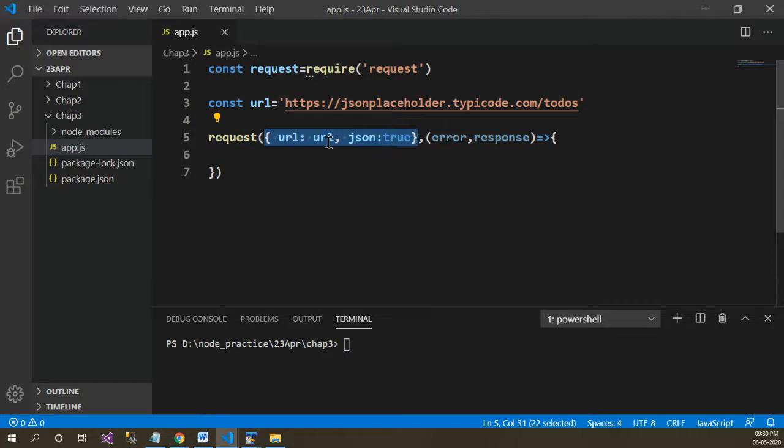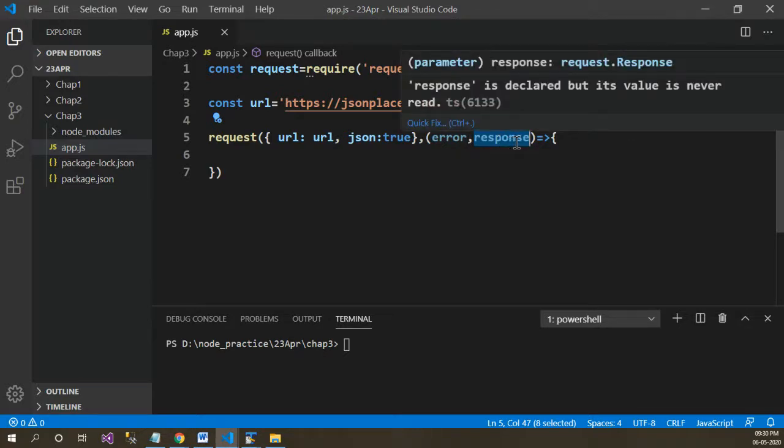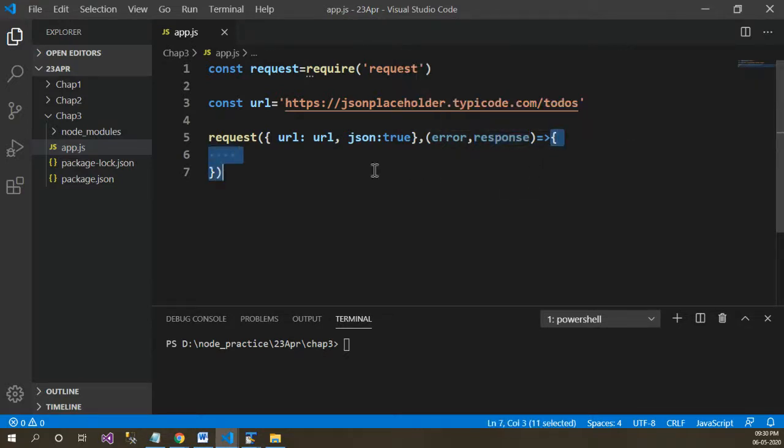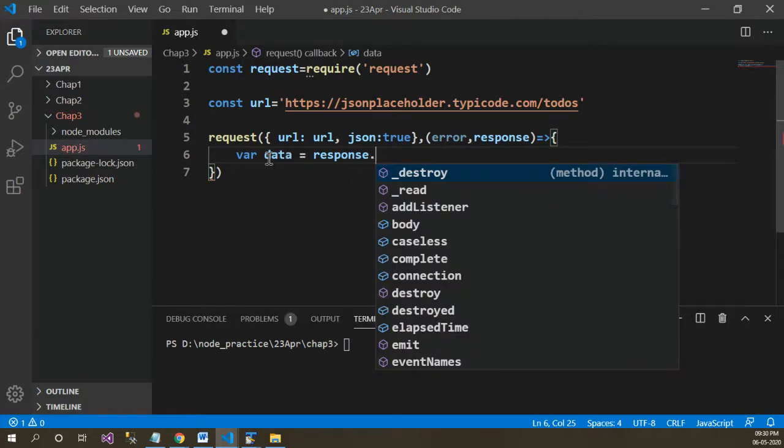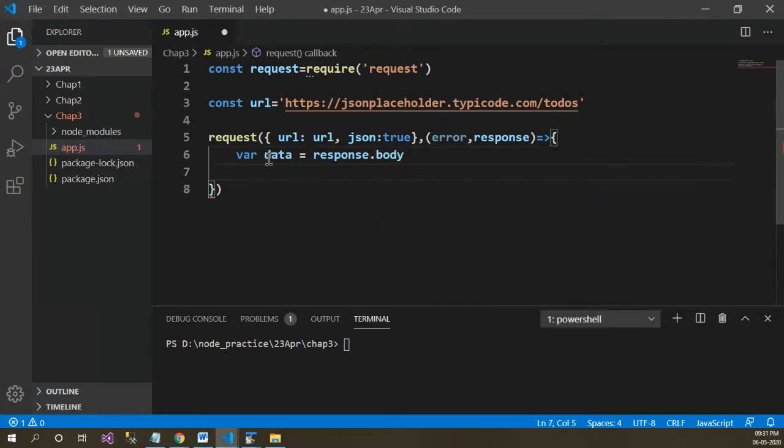After this request is made to this API URL, it will return you something. That return could be an error or the response, and the response will be available within this response in the form of JSON, and that JSON will be handled within this curly brace, that is the body of the anonymous function. So what I'll do is variable data equals response.body, and let's log this to the console using console.log.